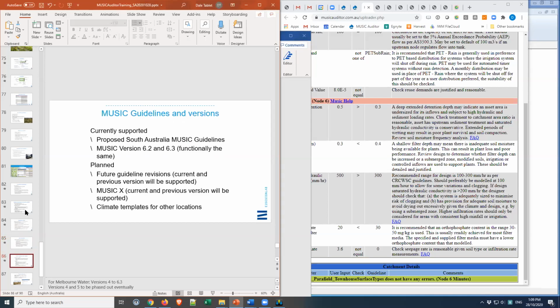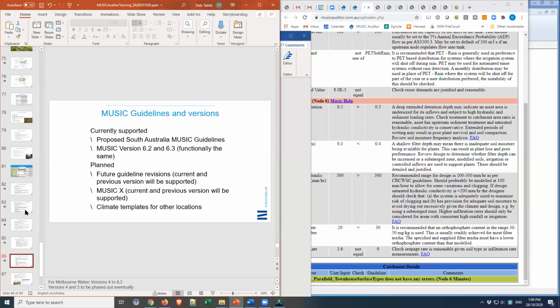I mentioned versions initially. At the moment, we're supporting South Australia Music Guidelines 2020, assuming that we get them out this year. We support version 6.3 and by default 6.2, simply because there were no changes between the two versions. At present, we're not supporting earlier versions, but if there is significant usage of those earlier versions, we could do